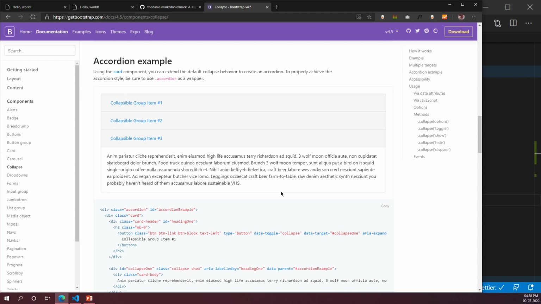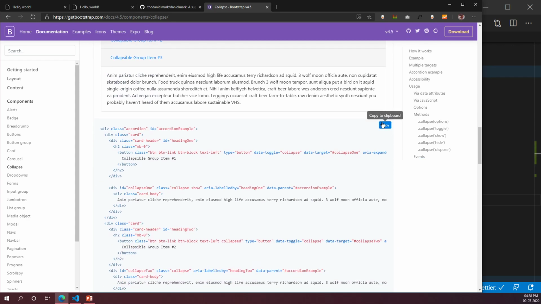Also, when you guys go back and you have time and you're free after the session, don't just stick to the design that I'm giving you. You're free to add as many sections as you want to. You can modify the code. Just make sure you follow a few basic Bootstrap rules to make sure that your design is responsive. The freedom is yours. You can build on this, modify this, do whatever you want. I'm just giving you a few sections with a few things that are hard to program on your own. Other than that, you can do all of this on your own, and a lot more. So just copy the accordion's code.